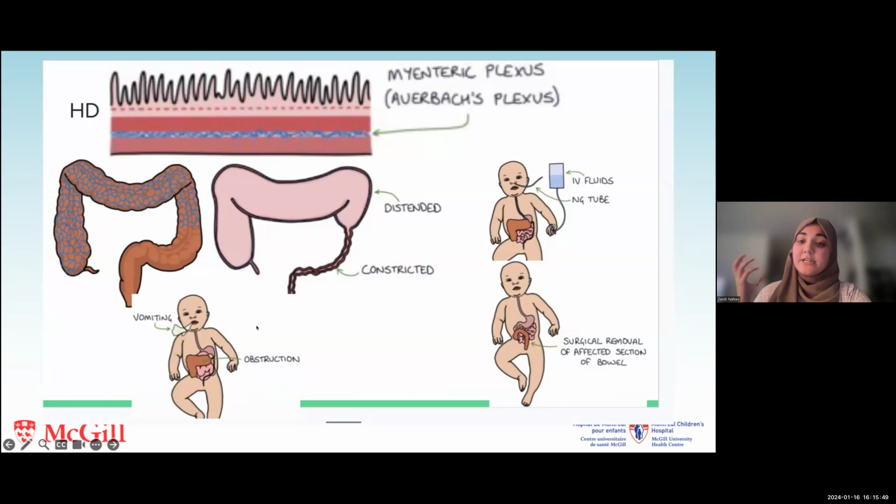And so symptoms and severity vary, ranging from acute intestinal obstruction in newborns to delayed meconium passage, chronic constipation, and abdominal issues. And so complications may include Hirschsprung-associated enterocolitis, which is HAEC, requiring urgent attention. And the diagnosis involves x-rays and rectal biopsy, with treatment including antibiotics for HAEC and surgical removal of the affected bowel segment. And so despite potential long-term bowel function challenges, most patients can lead normal lives after corrective surgery.